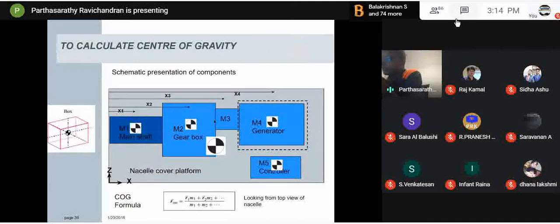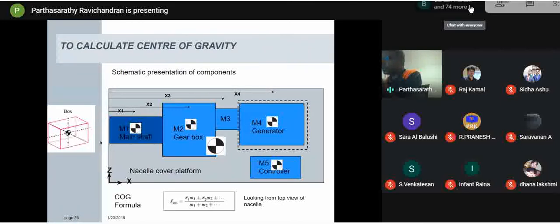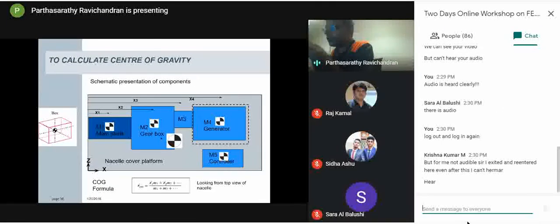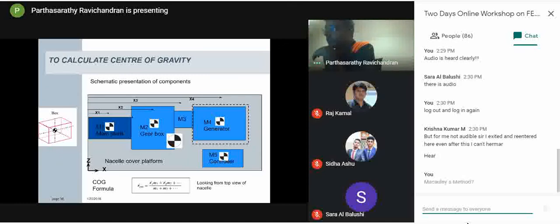This picture is like you are looking from the top, and you're looking where on the left hand side is the rotor, and on the rear is the generator side, as you see in the picture. Each of these are the center of gravity of their respective components, and then we calculate using the simple formula